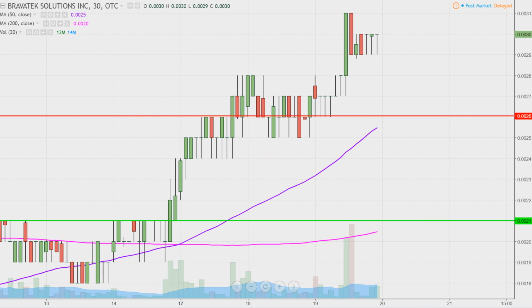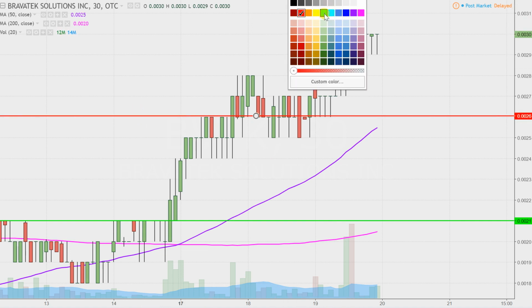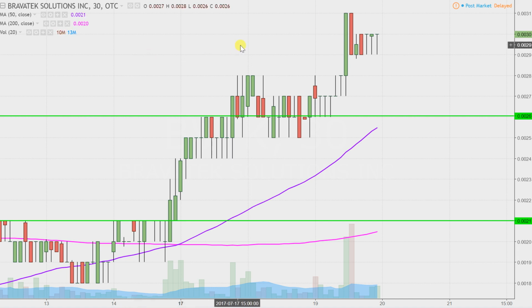And that is just based on a foundational principle in charting, which states when levels of resistance are broken and closed above, you want to see them act as support. So going forward, I'm not going to say 0026 is a must-hold level of support, because if the price falls below it, I'm not going to sit here and say that means the entire chart's ruined. But yeah, ideally speaking, you definitely want to see the price now stay above 0026,